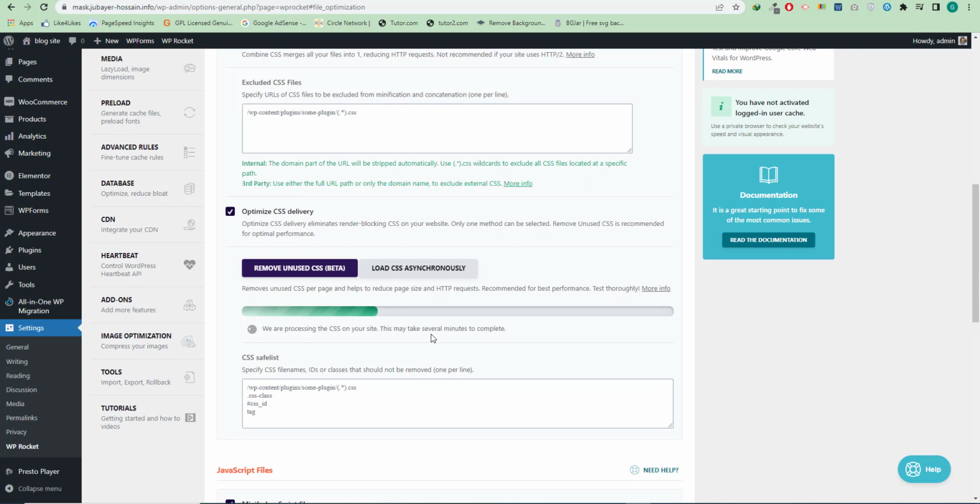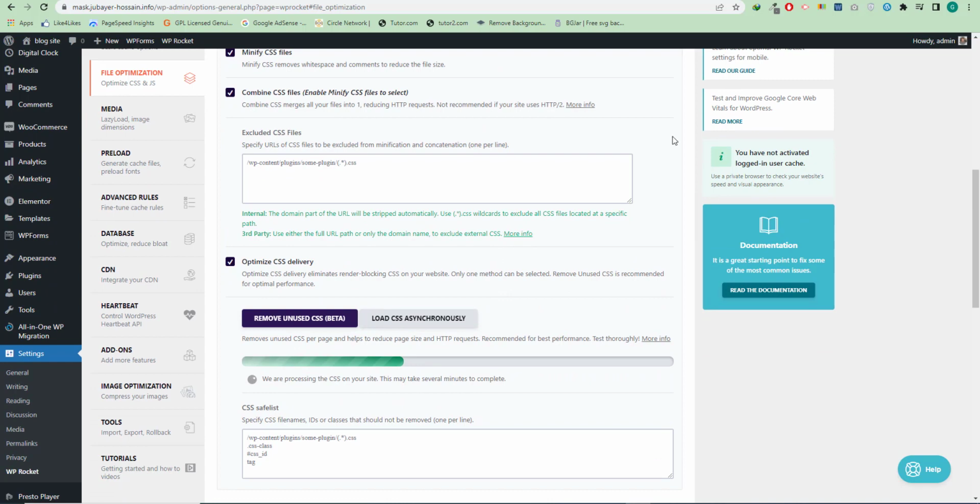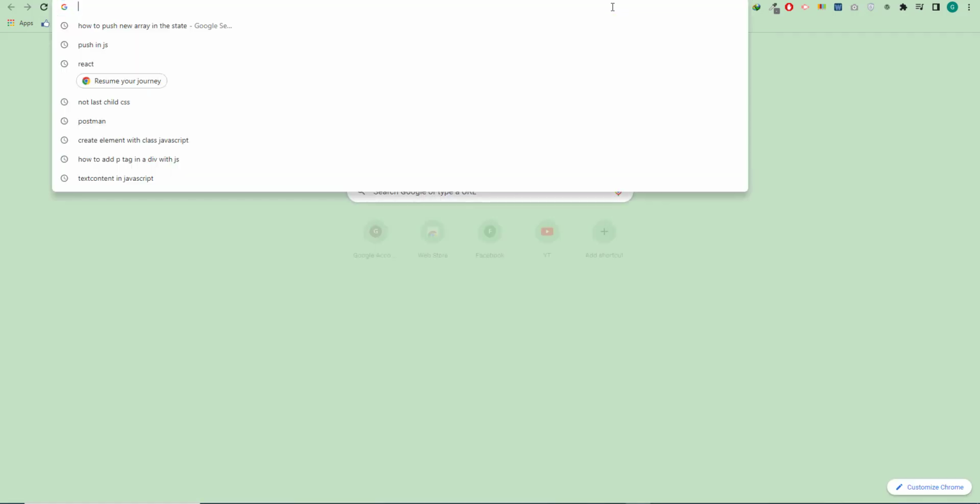Alright, so let's move on to the next part, while that is working on the backend. We are going to use another plugin for next gen formats. It's not a good practice to convert all the images one by one. So what we can do is convert all the images in one click. Okay, so let's find a good plugin from Google, and that is